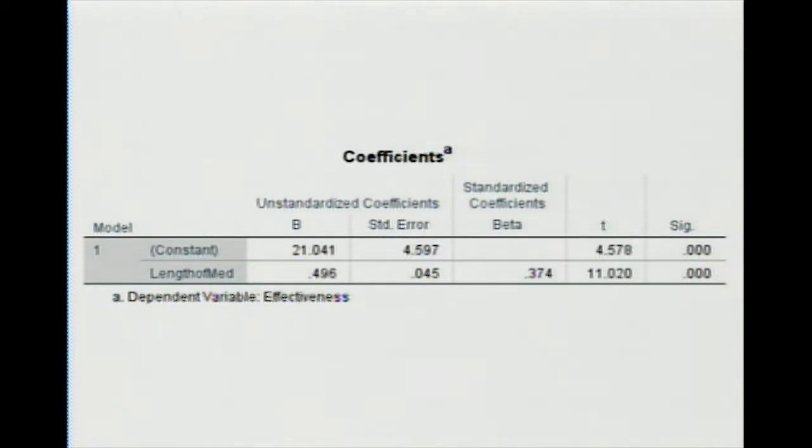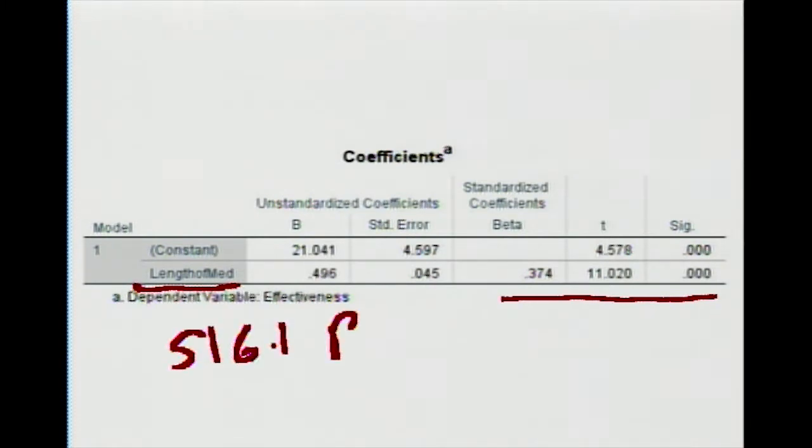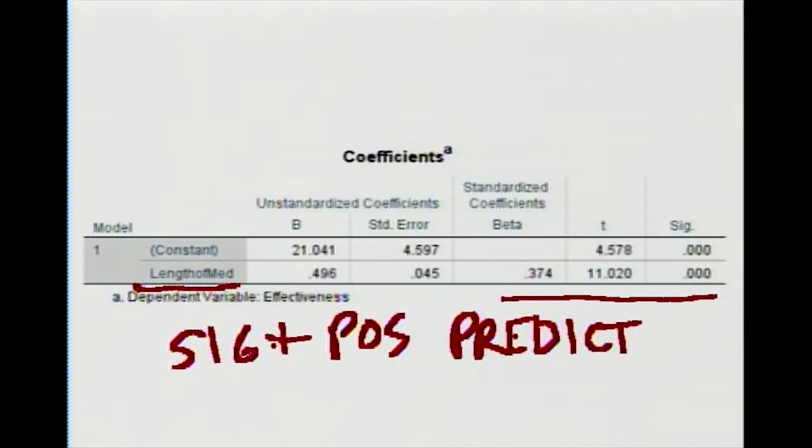So let's think about that and say, one of the things that I wanted to do was predict how someone judges the effectiveness of a mediation. And I found out from my study that length of mediation is a significant predictor. And I see that it's a positive predictor because I don't see any negative signs. And so I would be able to conclude from this model that length of mediation is a significant and positive predictor of effectiveness. And so I would be able to say that.